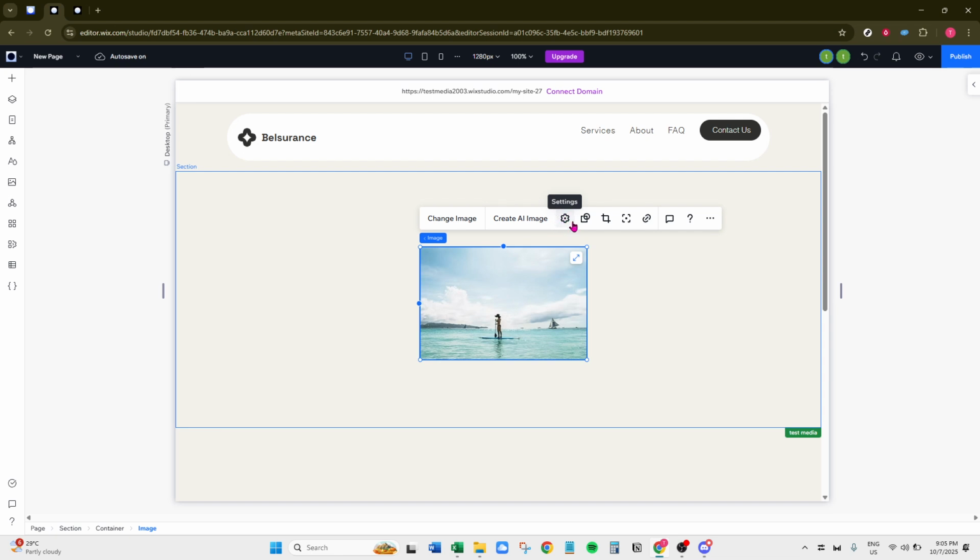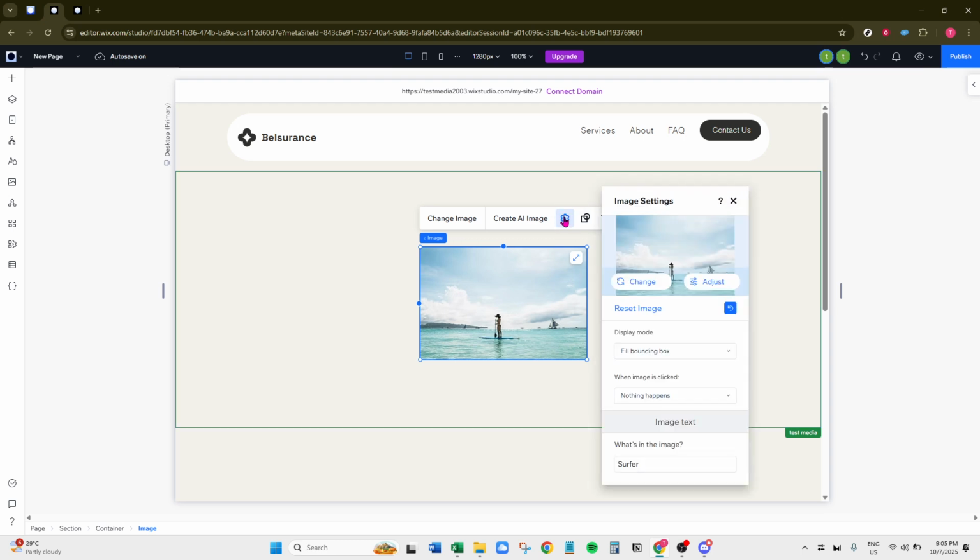If the image you're working with happens to be inside a box, which is often the case for design purposes, you need to click on the layout settings. This will allow you to configure how your image fits within that specific space. It's all about precision here, helping your image look just right without awkward cropping or misalignment.